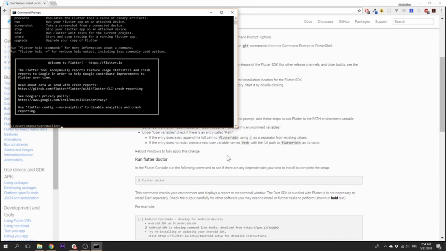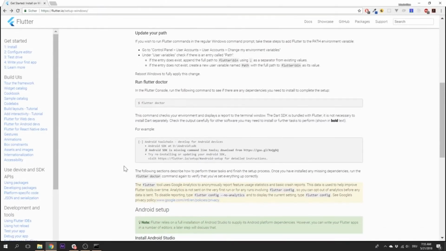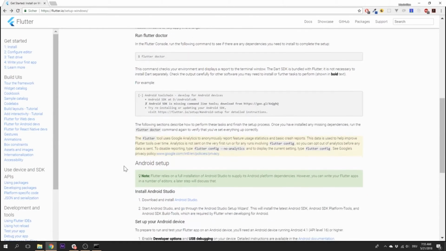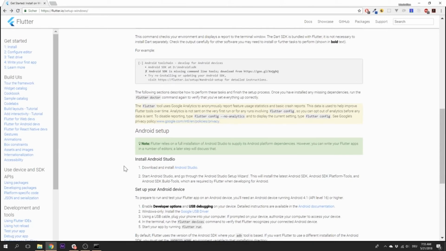Now, Flutter is now available. The next step we have to do is we have to set up Android Studio. This is the official SDK provided by Google for building Android apps. And whilst we will not write native code with it, it includes all the SDKs and build tools Flutter will need too. So simply go to